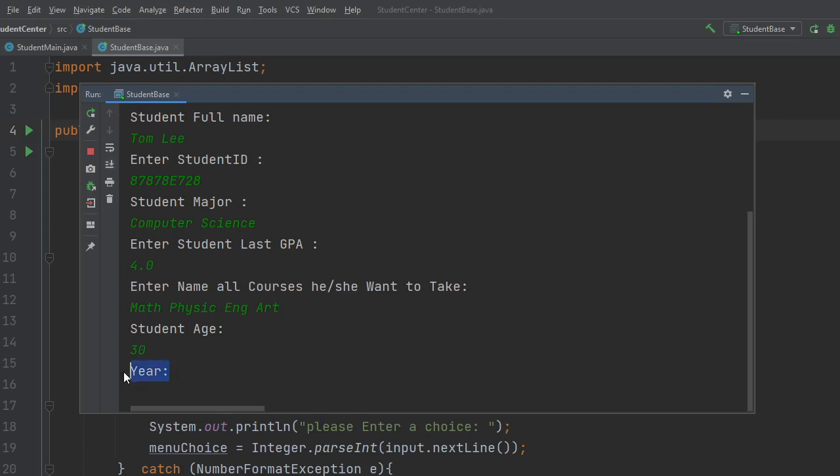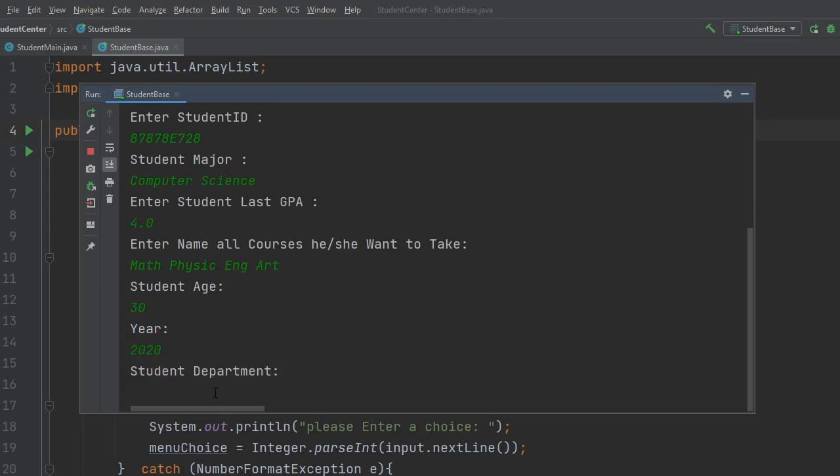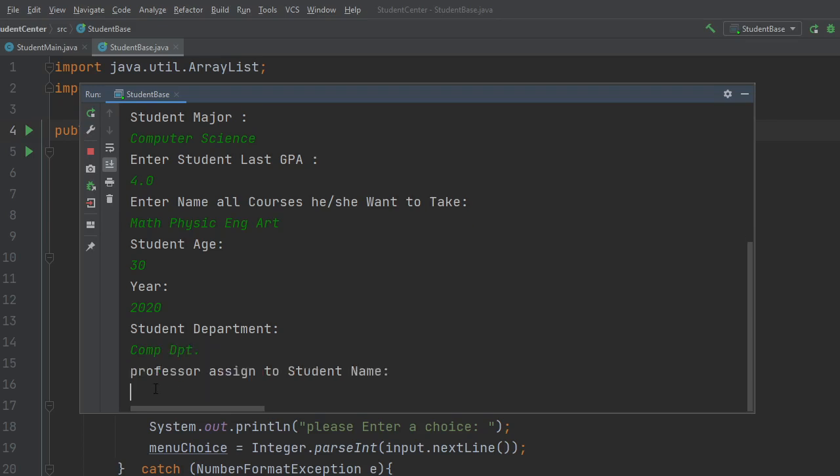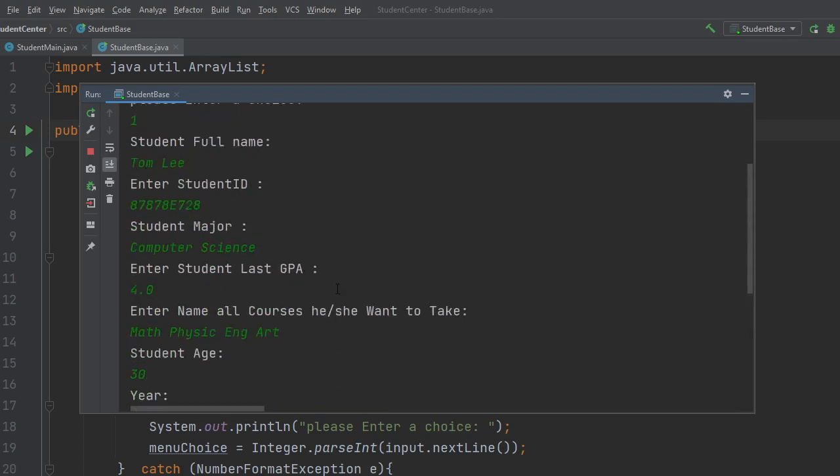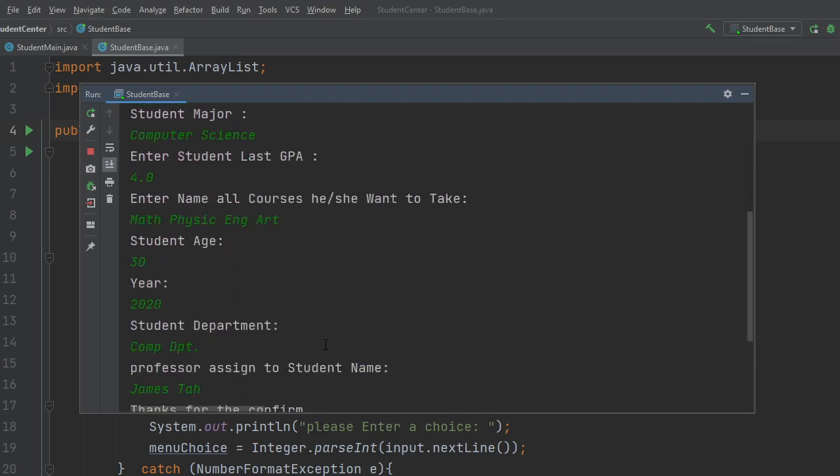The year for which the student is applying. Let's say 2020, yes, we assume. Okay, the department, computer science department. And the name of the student sponsor or the professor. Let's say James Tai. Alright, good. After we have entered all of the information for the student, we have registered the student,